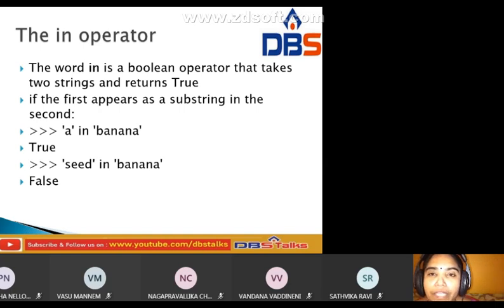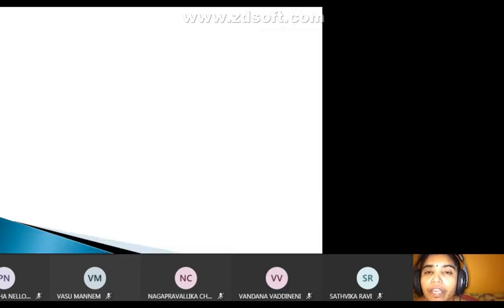Next example is 'seed' in 'banana'. Here seed does not appear in the string. This is the substring, this is the whole string. If the substring appears, we get true. If it doesn't appear, we get false. Likewise, this is the use of the in operator.